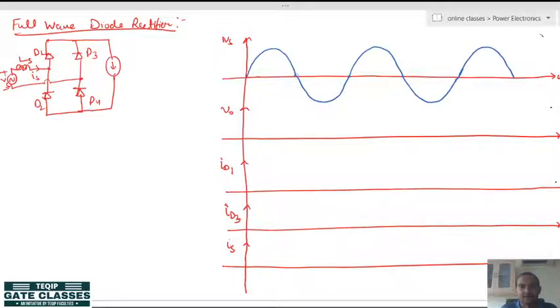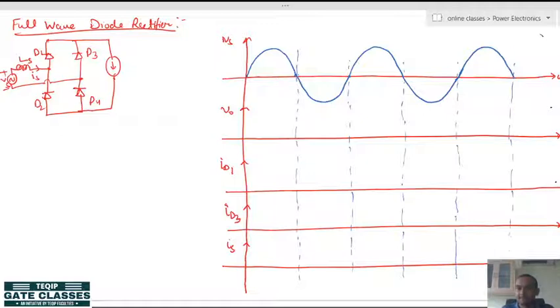So, these are my instants: 0, pi, two pi, three pi, four pi, and 5 pi. So, mark it 0, pi, 2 pi, 3 pi, 4 pi, 5 pi, and this is Vm. Okay. Now, see here,